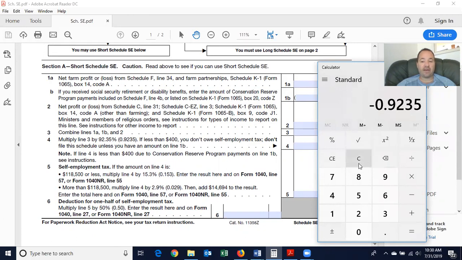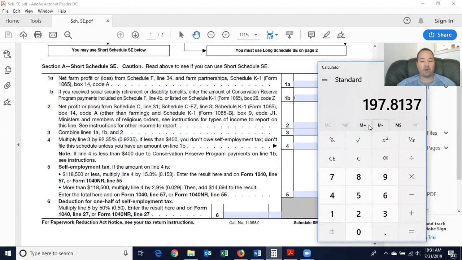So once you take off that deduction, let's say you had in wages $1,400 and you took off that 0.9235 out of the $1,400, you're only having to pay tax on the $1,292, so you get a little bit of a break. And then notice they want you to take this $1,292 and multiply it by 15.3%. So you're actually paying Social Security and Medicare tax at $197. And that's for you